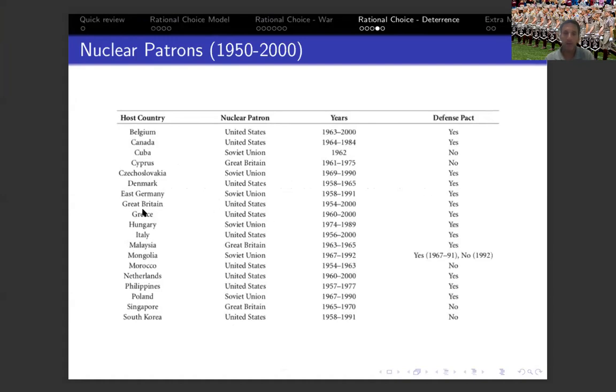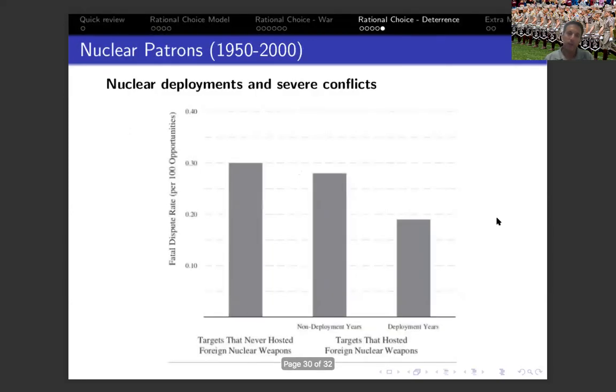So there's the Soviet Union with Hungary, for example, which had a defense pact throughout parts of the Cold War. Even Great Britain, along with Cyprus, even though they don't have an official defense pact. So these are some of the examples of what they have in their data. I'll talk about their main results before this specific figure that you see on your screen now.